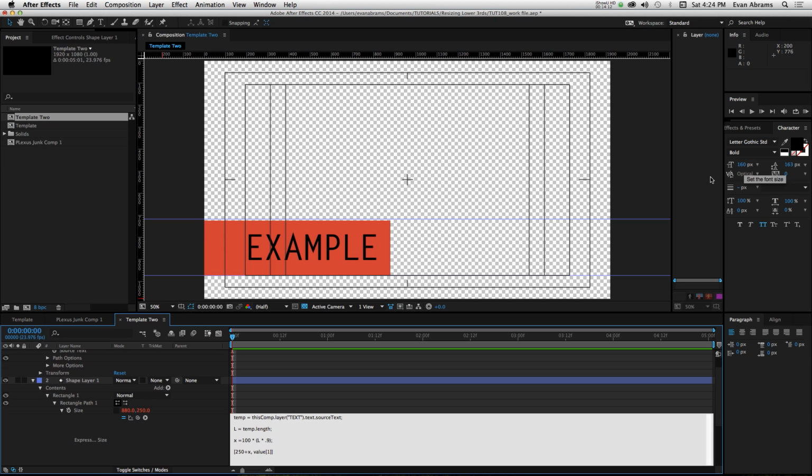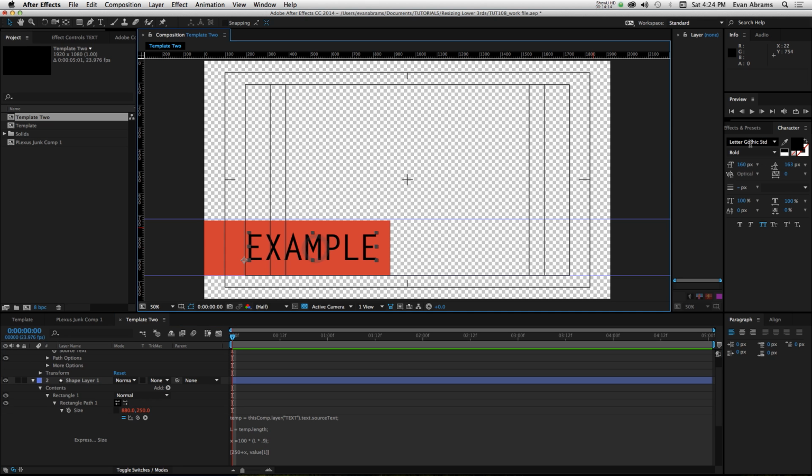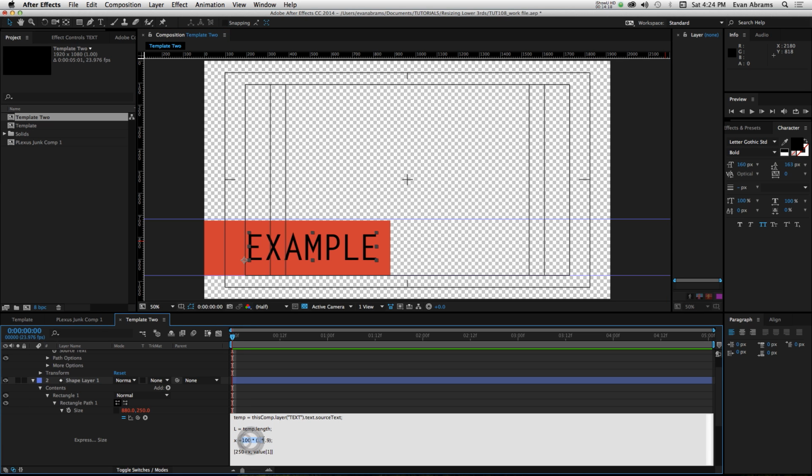The font that I'm using, its size and what font it is, is going to really determine what your numbers are in here. So what percentage of the number of letters, in this case 90%, and then times that by 100. So there's a lot of math in there,